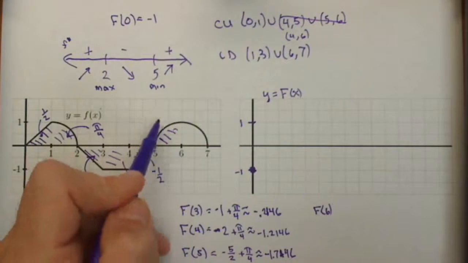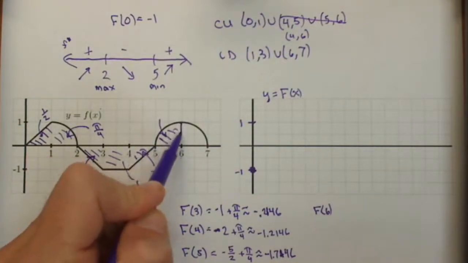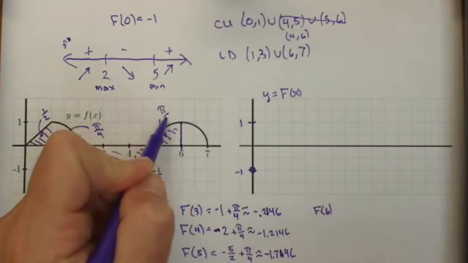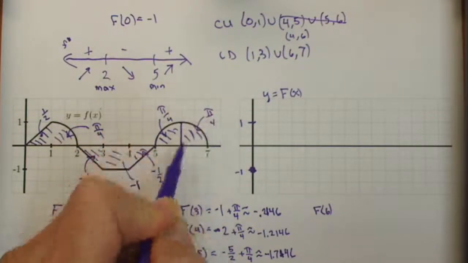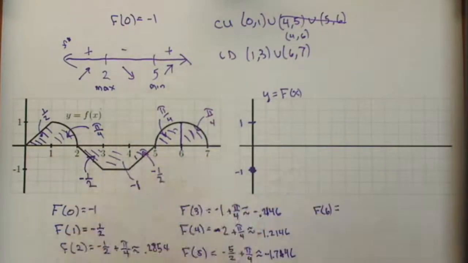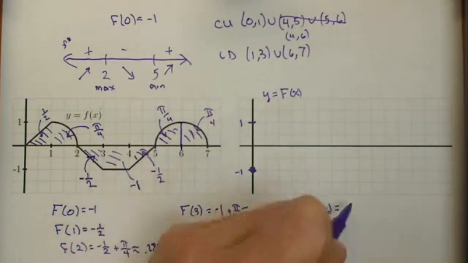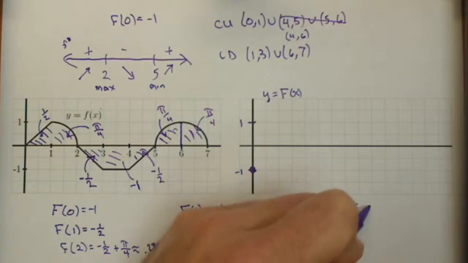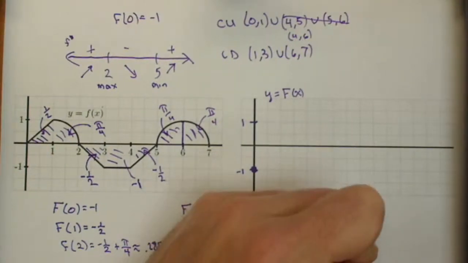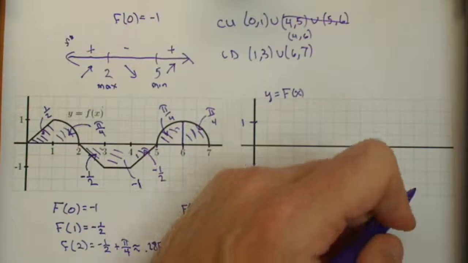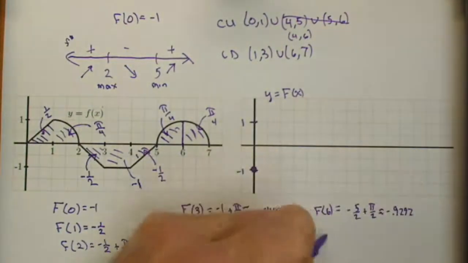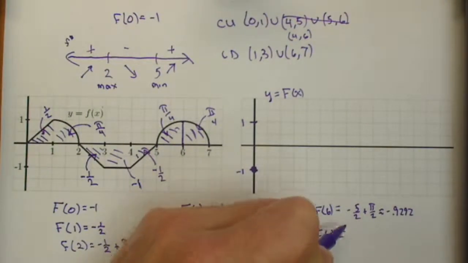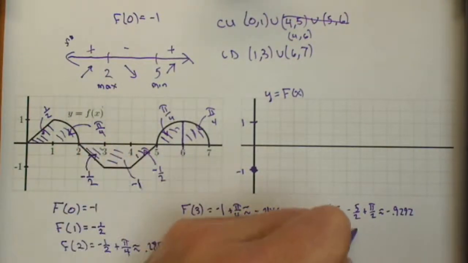f of 6, we got another quarter circle if we split that in half. So this is going to be pi over 4, and let's just put this in now. This will also be pi over 4. So our last two steps are going to be pi over 4 in the positive direction. So adding pi over 4 to this number, we get minus 5 halves plus pi over 2, which is about negative 0.9292. And f of 7, we're going to add on another pi over 4, so negative 5 halves plus 3